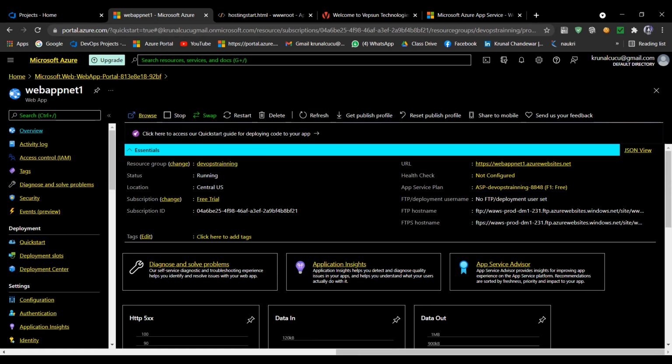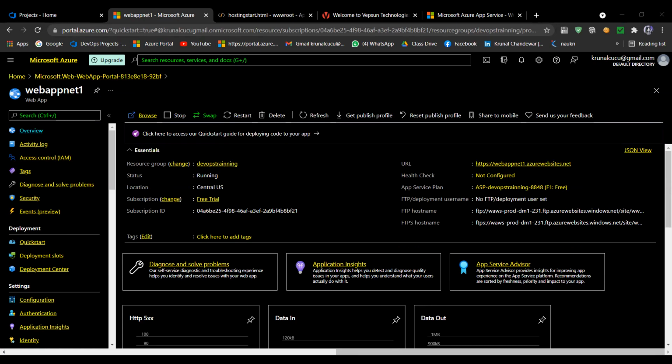Unlike a virtual machine, we don't have many controls here, but you can create, deploy, or manage your application. In web apps you can create, build, deploy, or manage your powerful web app, not only applications. You can do this with any powerful web application, mobile, or any API app. Everything we will discuss at the time of the project.